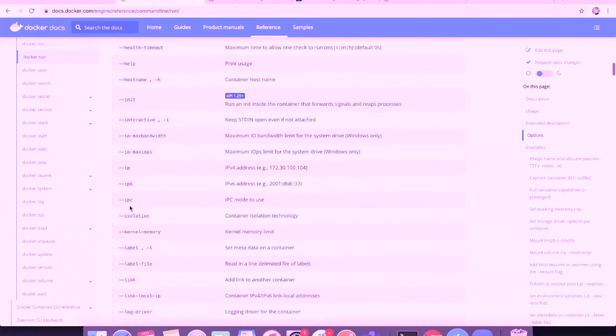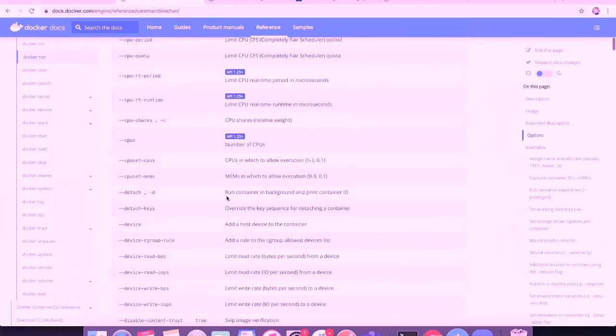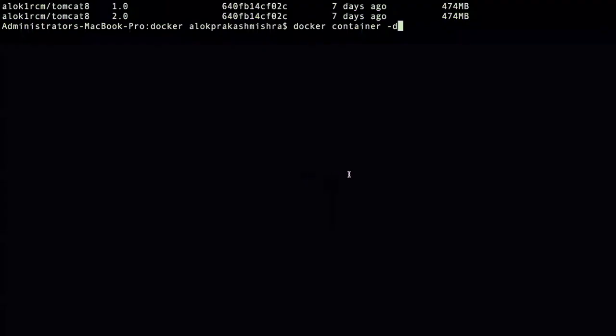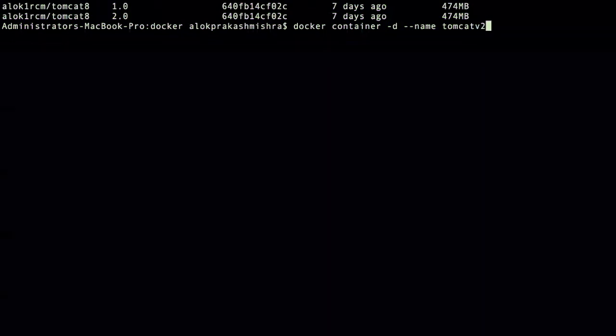Interactive keeps stdin open even if not attached, and then there is a terminal that you can open. If you want to run a container in the background, then -d is the option. And you can give the name. So I will give Tomcat v2 as the container name.